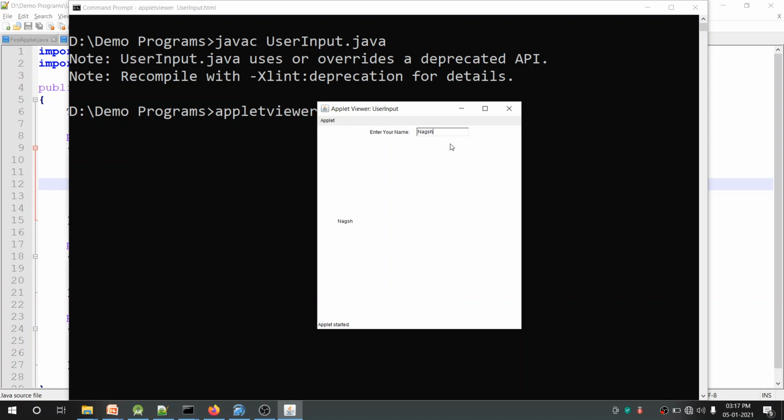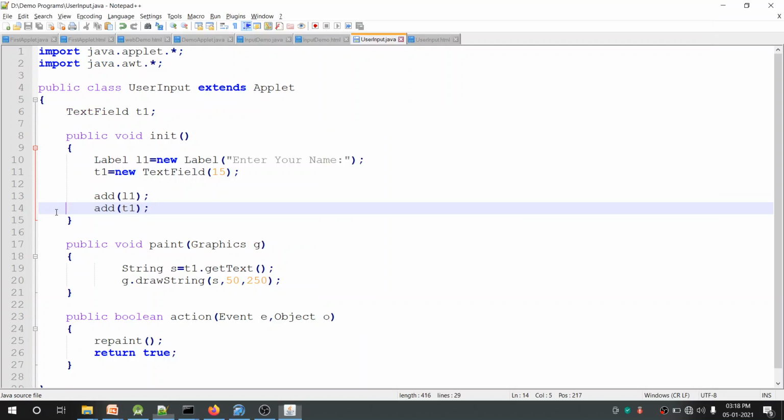So the input can be typed in any of the input controls, and the input can be read in the program by using a method that is getText, and the same can be displayed on the applet screen by taking the help of the paint method as well. Now here it is displaying only the contents of the text field. You can even display a message.